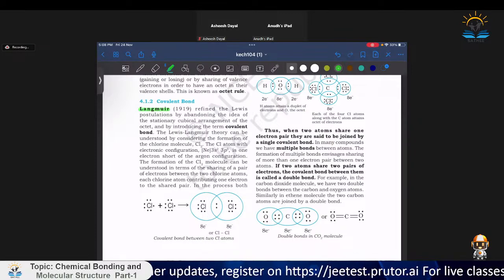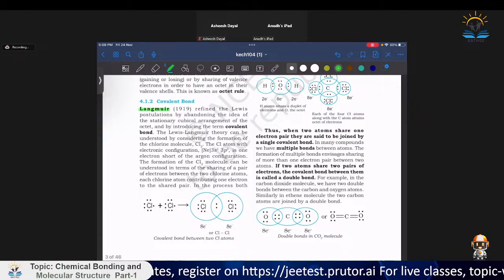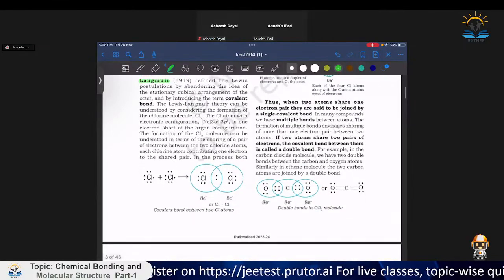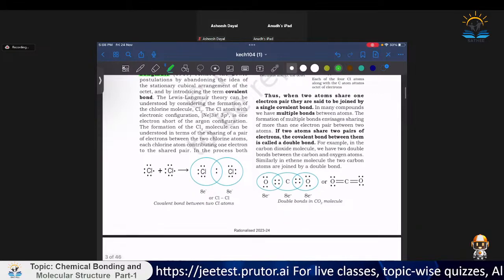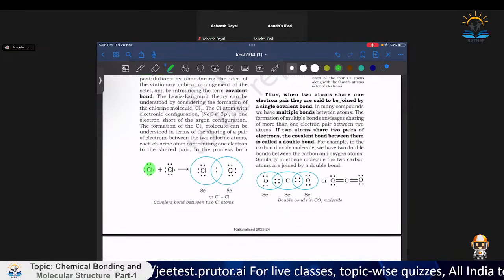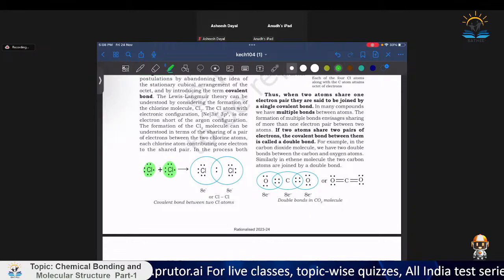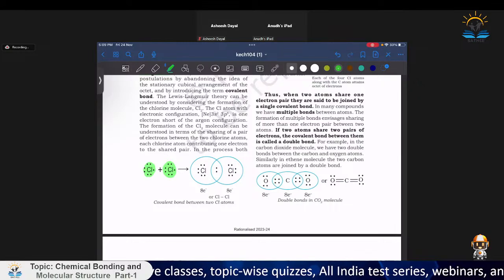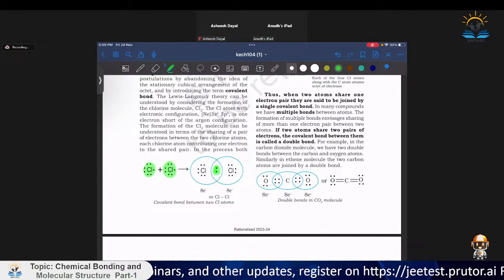For example, let's see the formation of Cl2. Each chlorine atom has 7 electrons in its outer shell, and it needs just one. So what happens if this first chlorine shares an electron with the second chlorine, and it also shares one of its own? So sharing is always bilateral. If you do unilateral sharing, it is not sharing, it is basically donating. If you are sharing, the first chlorine will give one, the second chlorine will give one, and totally we have two electrons